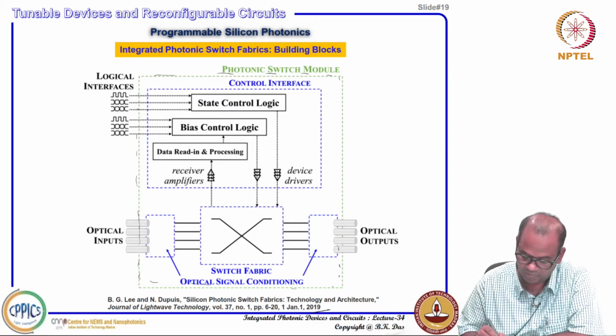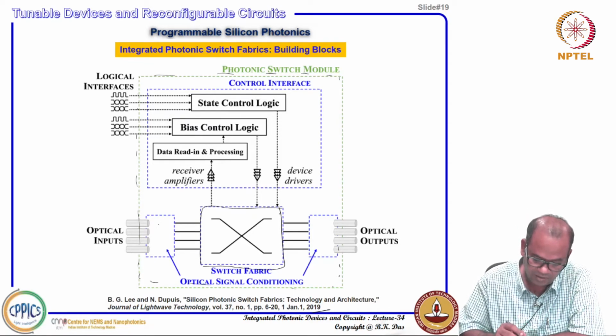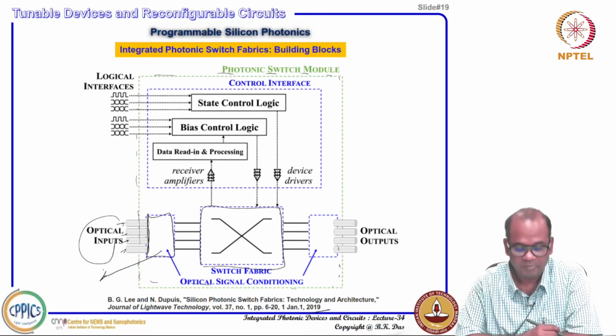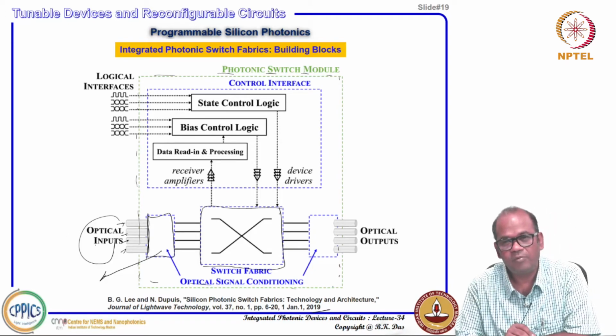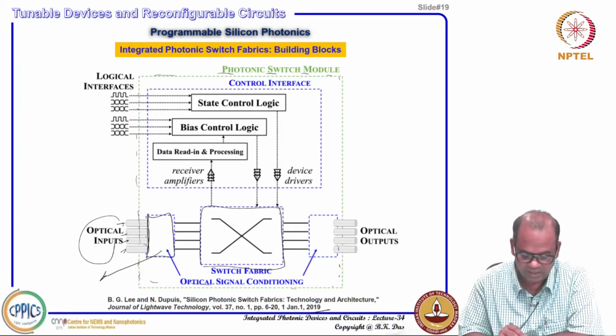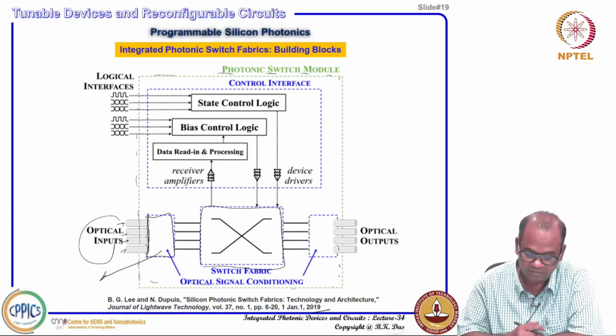First thing is that you have a switch fabric, that is what was discussed previously, you can have n number of inputs and outputs, and on the input side you can have optical input that can be fibers, optical fibers, single mode fibers, and then you can have on the input side a certain kind of block called optical signal conditioning, because whenever an optical signal comes through a fiber, it can be coming from long haul communication, right, a long haul fiber bringing signals, and those signals can have certain polarization and certain dispersion things, but